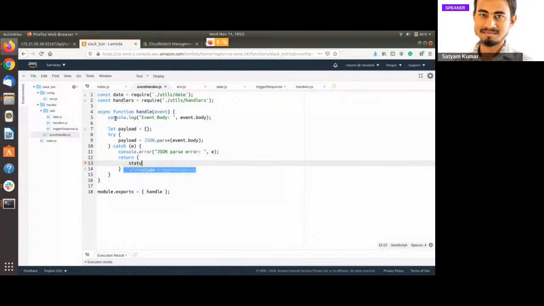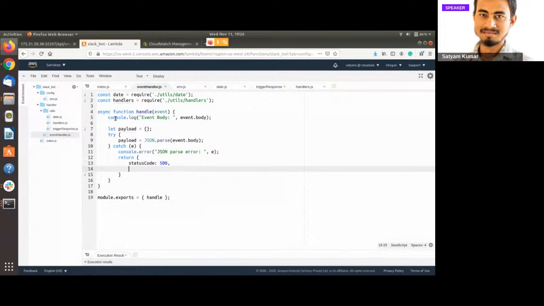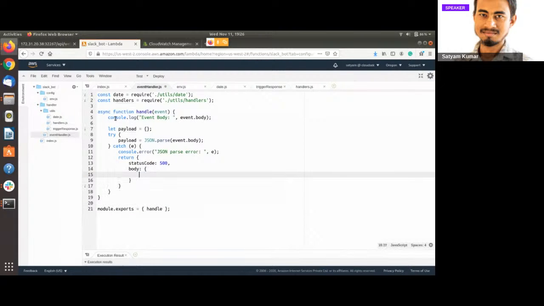So we are returning a status code of 500 if we are not able to parse the JSON, and the body will contain an error attribute, such as invalid content type or something. That's why it might have failed. So yeah, that's the parsing of the JSON request which we have received from Slack.